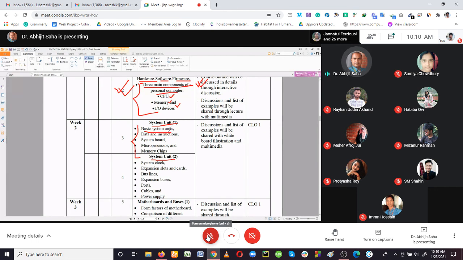Okay, what systems are there, and then another important topic: data and instruction. We have to understand what the data is and what the instruction is. This topic is going to be really important for understanding the processor. Whatever commands we give to the computer system, the processor takes action on. The instructions we are talking about are already given to the CPU, the processor.